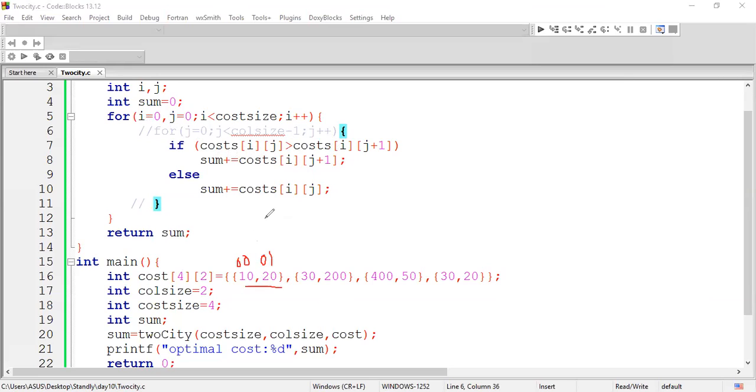Is the 0, 0 value, which is 10, greater than 20? If this condition is true, then this value could be lesser. If this condition is false, 10 could be lesser. So I'm just doing the summation of the lesser value.